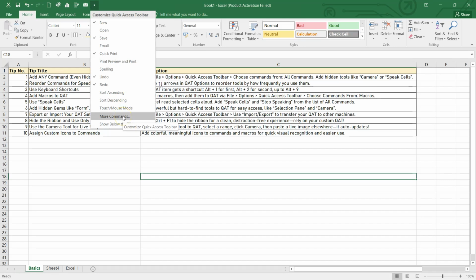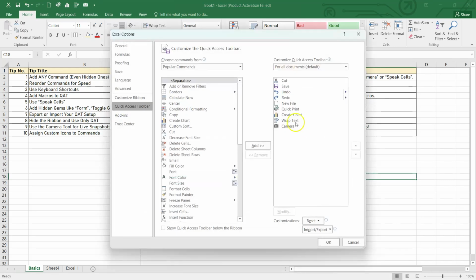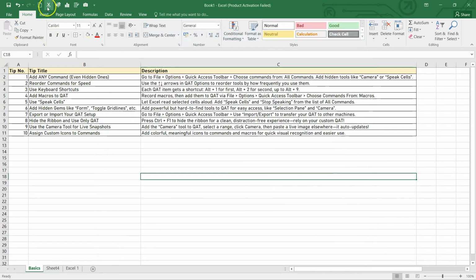Now again, I'll show you this one more time. So if I want to just make my cut go back to its normal place, what will I do? I'll click on the cut again and now I'll keep on changing the space of the cut and I can just reorder however I want to order my certain thing. So again, you will see the cut has changed its position.